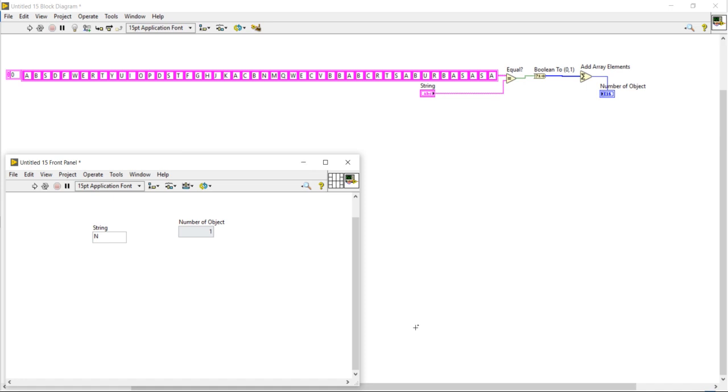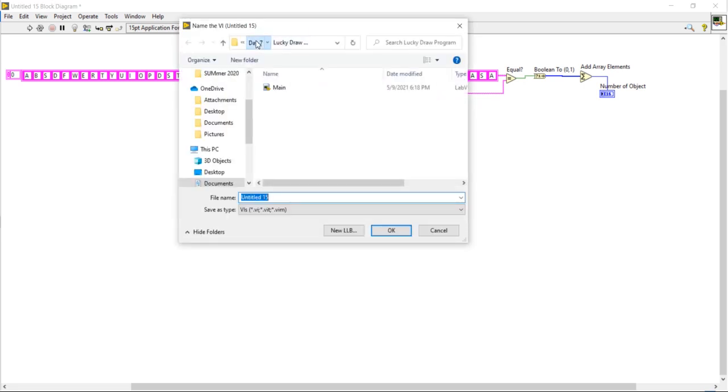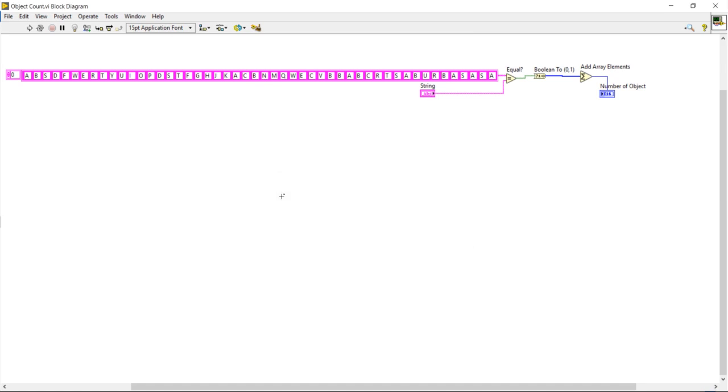Now let's move on to one more program. I'm going to save the program here in the object count.